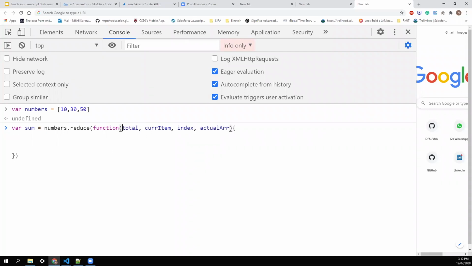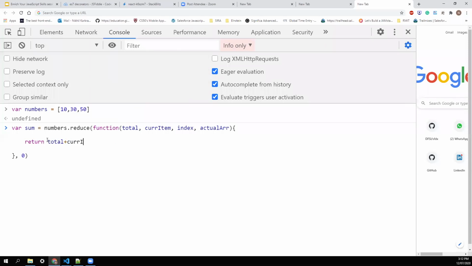This parameter is the initial value or the previously returned value by the function. And to initialize this parameter, you can pass an initial value after the callback. So I want my total parameter to initialize with 0, and then we write our operation.